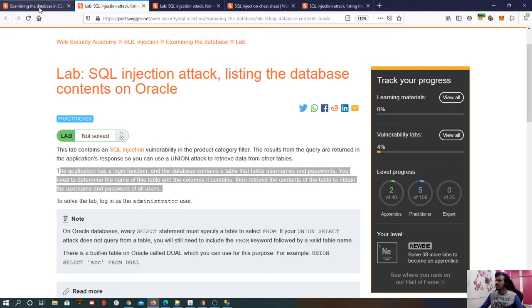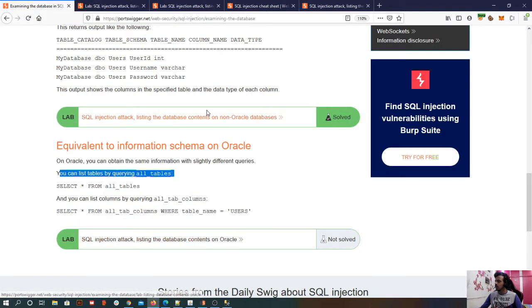I think it is the same, no? Okay, it was non-Oracle and this is Oracle. Okay, so the concept remains the same. So I think we are not going to make a video over that, because the concept is the same, and why spend that time again? So you can try practicing on that. Okay, so yeah, I guess with the reconnaissance part using SQL injection, this was the final lab. Let's get on to the next topic within the same category.